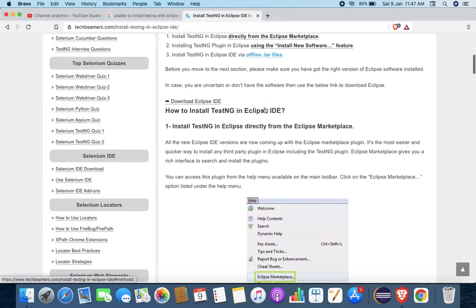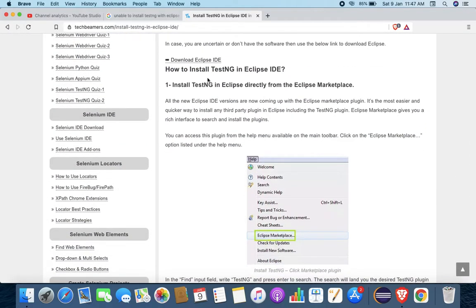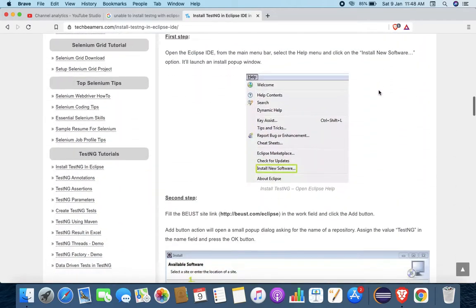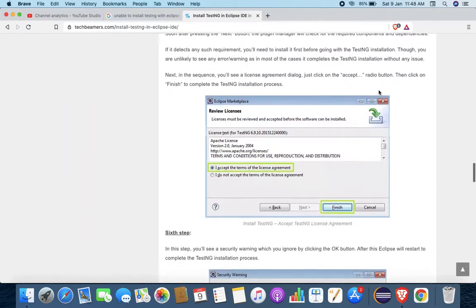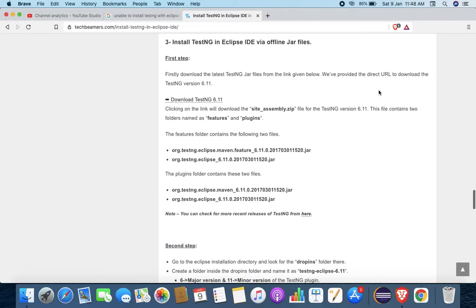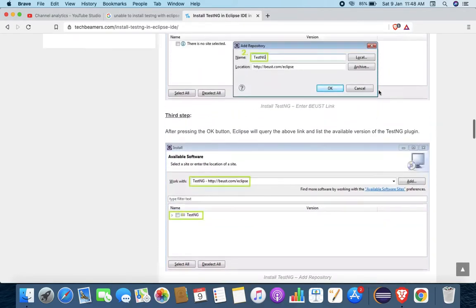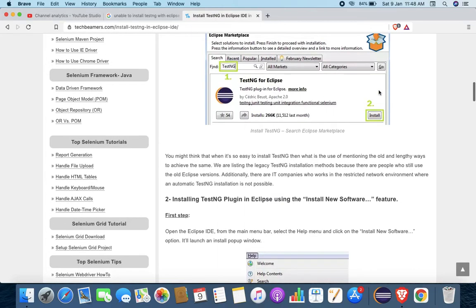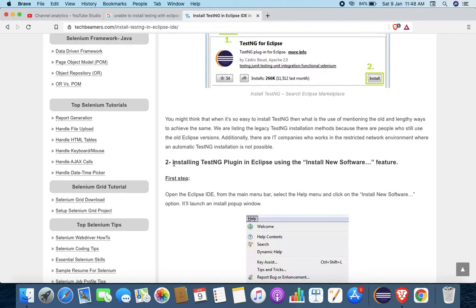The first one is installing TestNG directly from the Eclipse Marketplace. This is what we have covered in our video. Second, install TestNG plugins in Eclipse using the Install New Software feature.